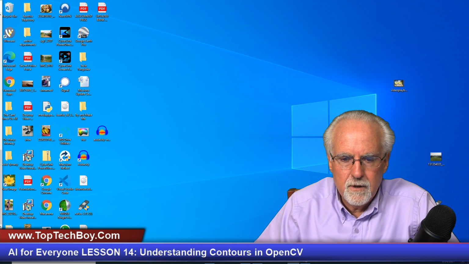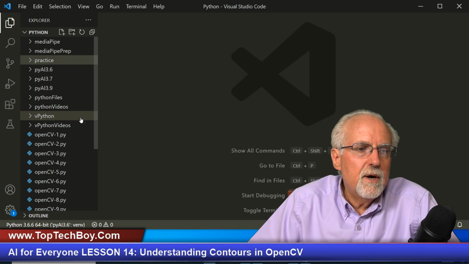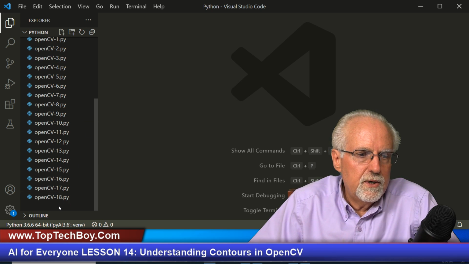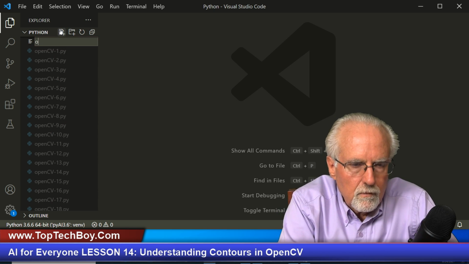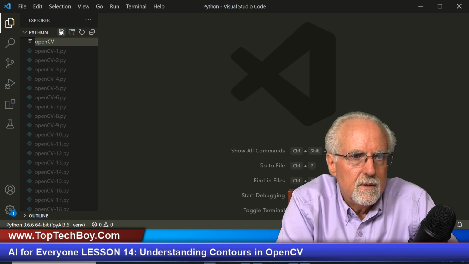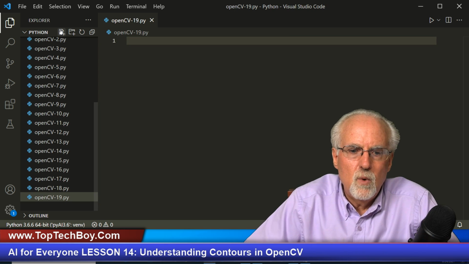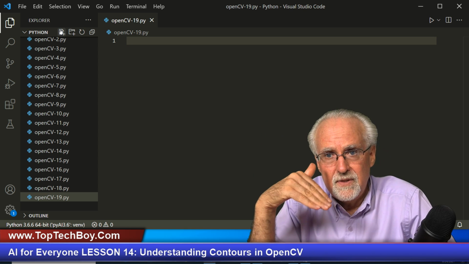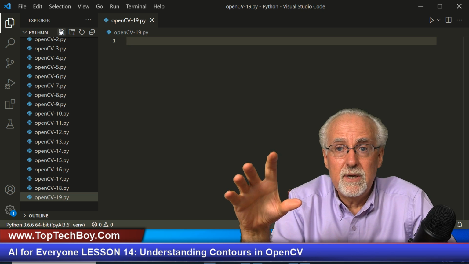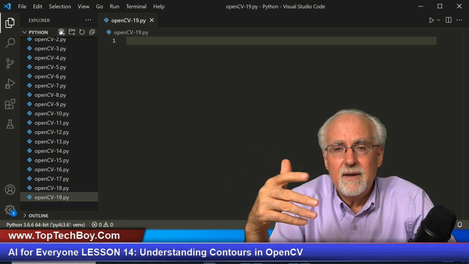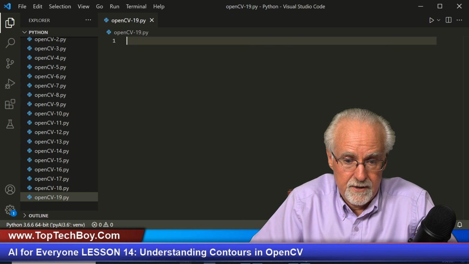Okay, you are going to fire up your most excellent Visual Studio Code, and then we're going to come down, and I do believe that this is going to be program OpenCV-19.py, and the .py is kind of important. Now, we don't want to write this whole thing from scratch, because last week the program that we ended up with does all the masking and training and the track bars and all that, so we want to take advantage of the work we've already done. If you have that,